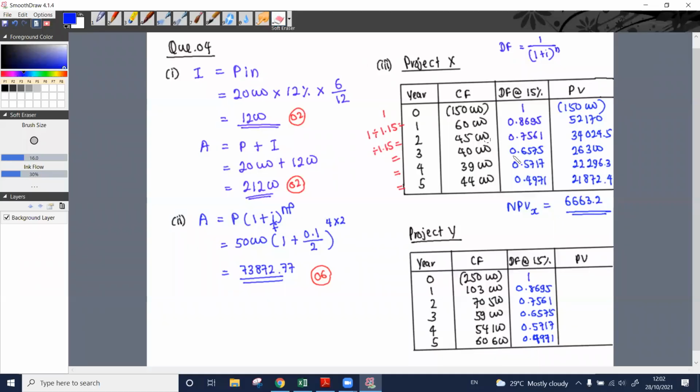6,662.7. Right here, 250,000, 103,000 into 0.8695, 89,558, 558.5, 70,500 into 0.7561,